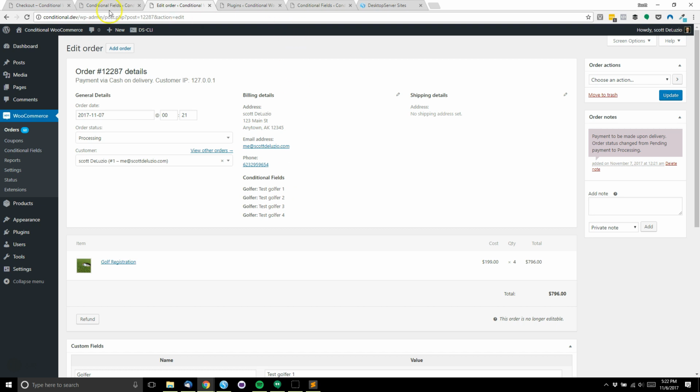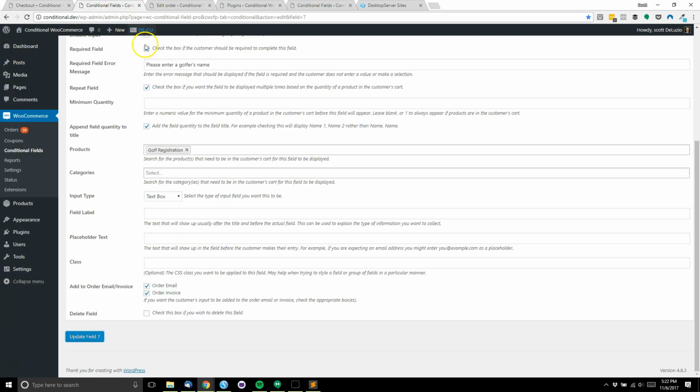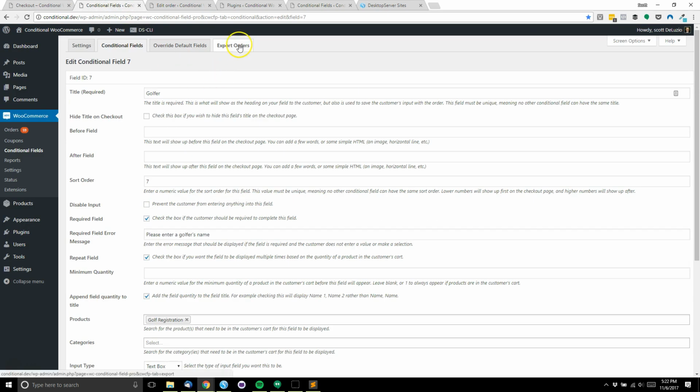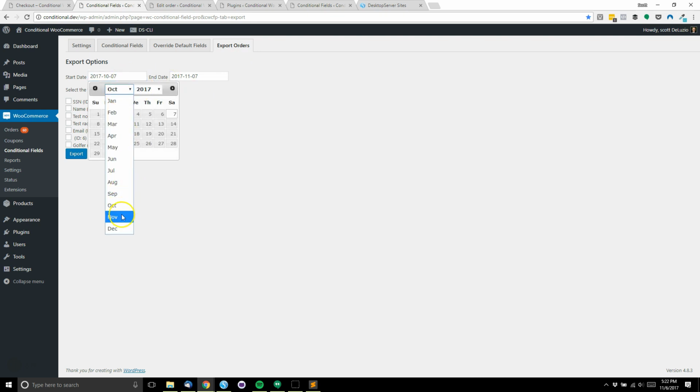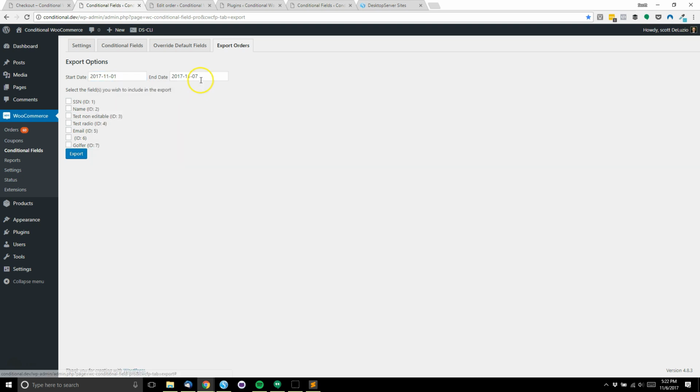So now, once we have all this information, we're going to want to also be able to export our orders because once the tournament comes around, we want to be able to have this information handy for our registration desk. So what I'm going to do is come here and select just these dates here, and then we're going to select the golfer input field that was filled out. That's really the only information that we want to have. So I'll click export